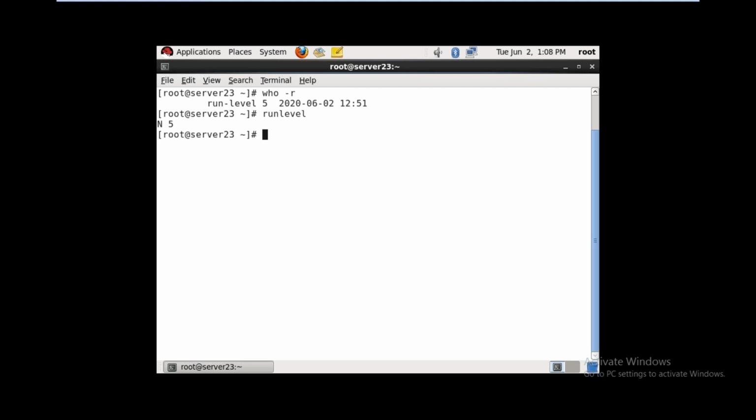Now you can switch into different run levels. Now I am switching into run level 3. To switch into run level 3, the command is init space 3. Init 3 is full text mode. Now I am entering into text mode.